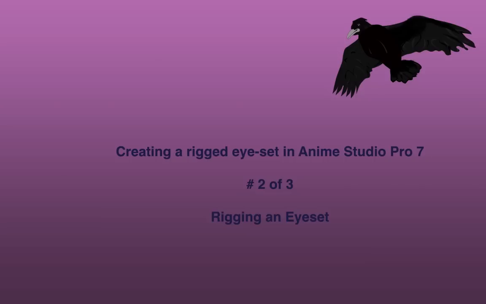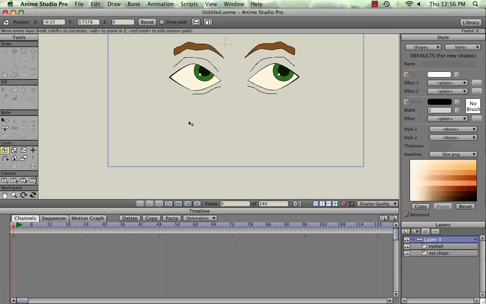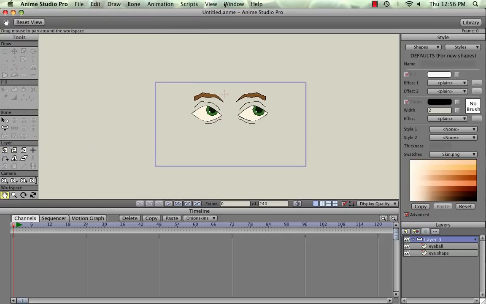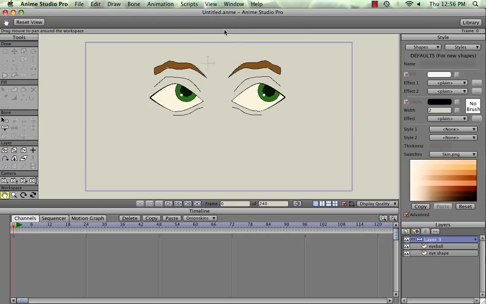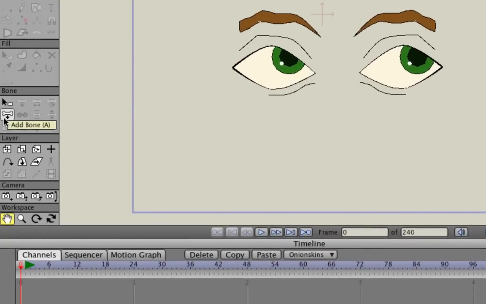Now I want to add some bones to these eyes. I'm just going to translate the layer up to the top here and reset the view. View, reset, there we go. Okay, so with layer 3, the bone layer, selected, you want to click add a bone, and we're going to add